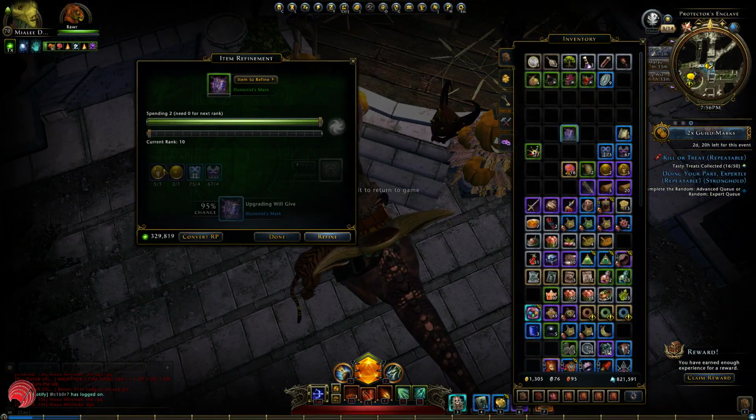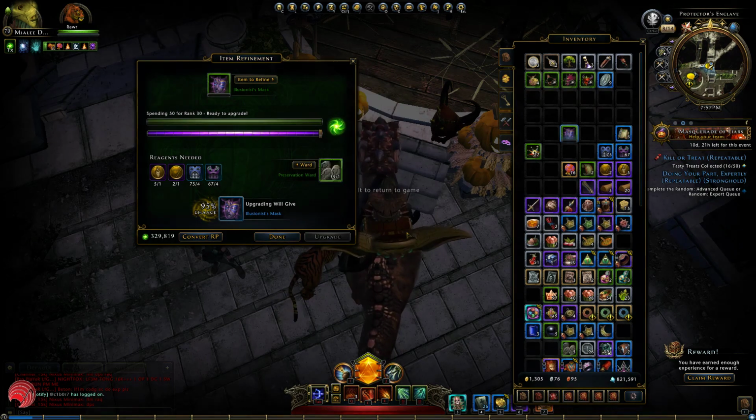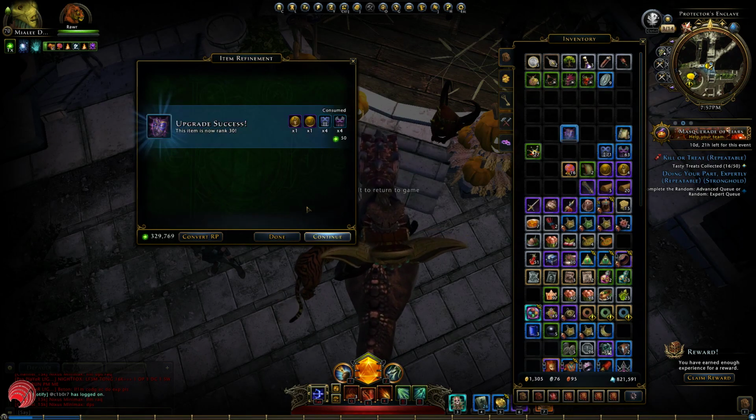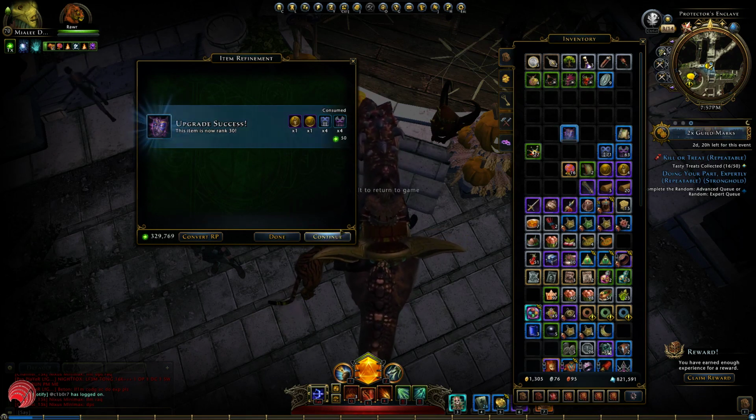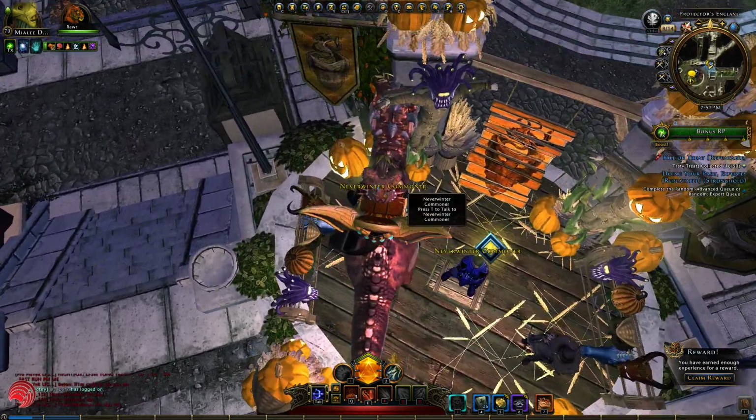We also have enough tokens to upgrade to blue, 95%, so we can still use this. It's still very few refinement points required. At rare,